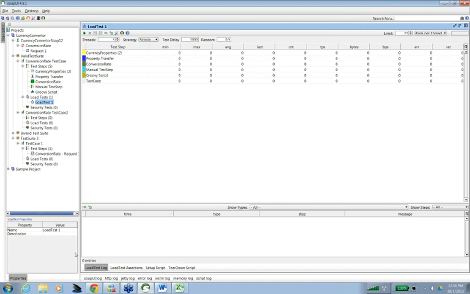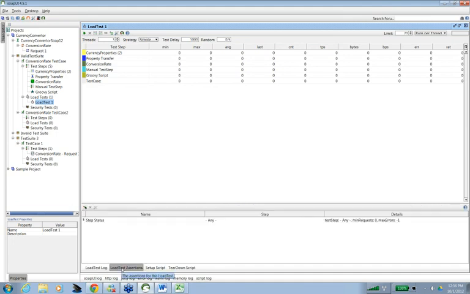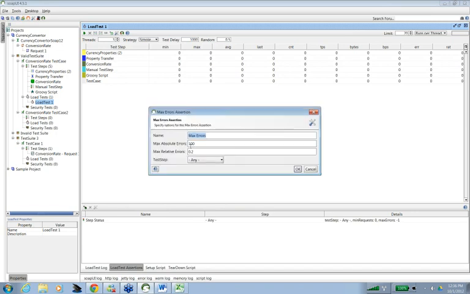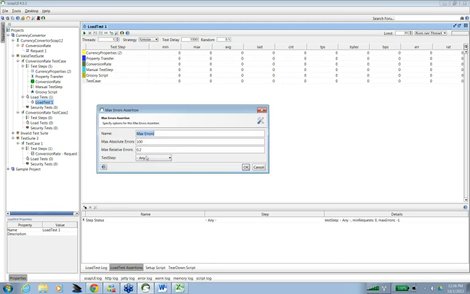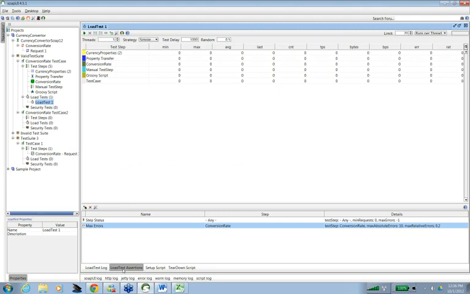Then you can do certain kinds of assertions also here. There are certain load test assertions. See, maximum errors means how many errors are allowed per step. It could be any step, or, let's say, in a request, I am allowing just 0.2% of errors. So here maybe I can reduce it to 10 errors. So there shouldn't be more than 10 errors. And you can add some more assertions also.